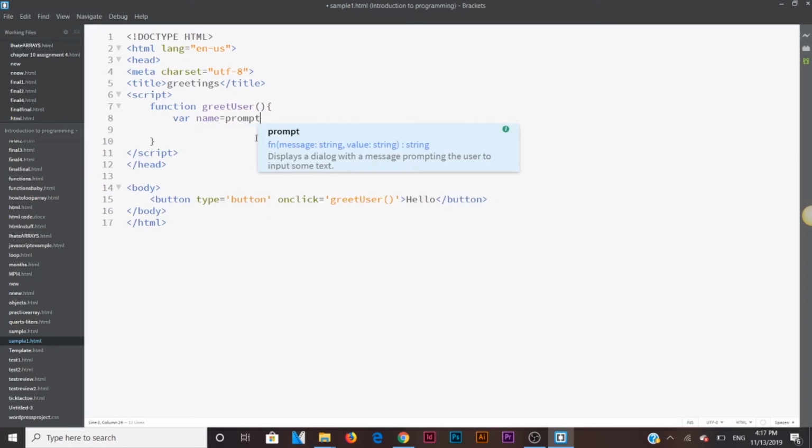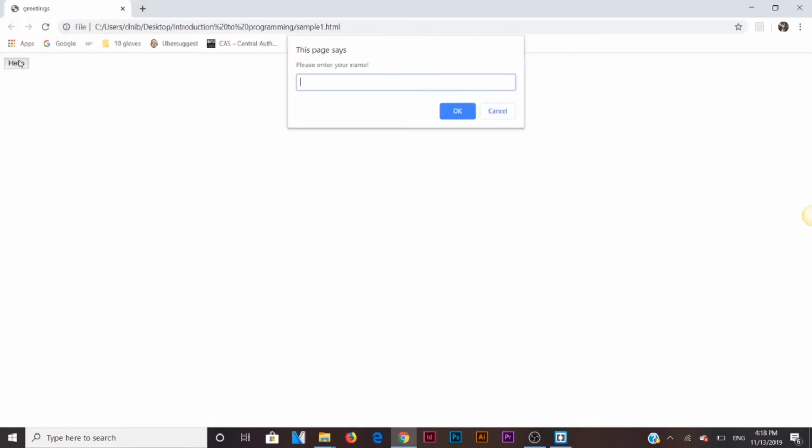which is a different type of pop-up. Prompt, open close parentheses, because this prompt is actually a function of its own, just like up here. But we're going to use this function within a function. And then inside of the parentheses, we're going to do single quotes, and then type whatever we want to show up on them. So go File, Save, go back here, refresh, hit hello, please enter your name,